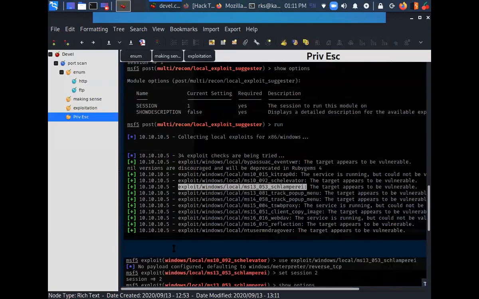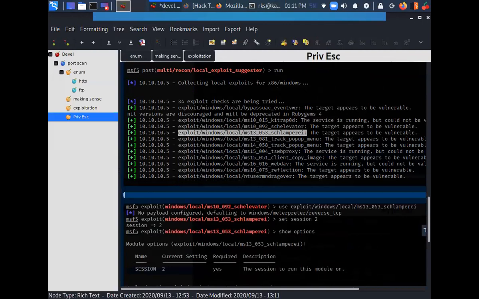Let's take a note here as well. All of the above exploits earlier to MS13 failed.